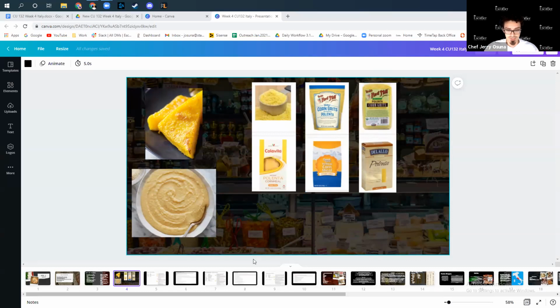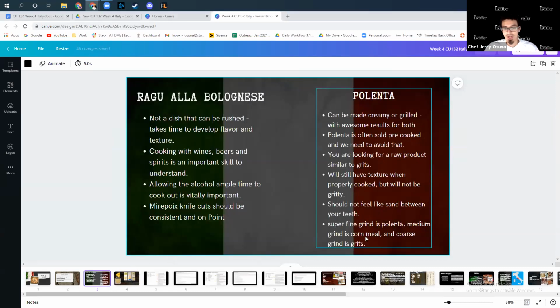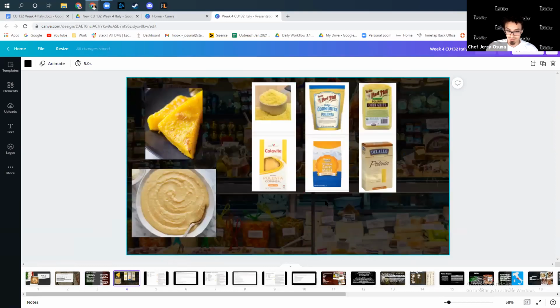We did discuss it a little bit early on, but with things like grits and cornmeal, you're going to see that they take a little bit longer to cook because the grind isn't as fine as what we're looking for in the polenta. But if you're unable to find something that just says polenta, anything that says grits or cornmeal will definitely get the job done. Just cook it for a little bit longer. With those, you're still going to see some graininess in the final product, but when you take a bite, you should not feel the crunch. It should feel smooth on the palate, but to the eye, it's still going to look grainy.